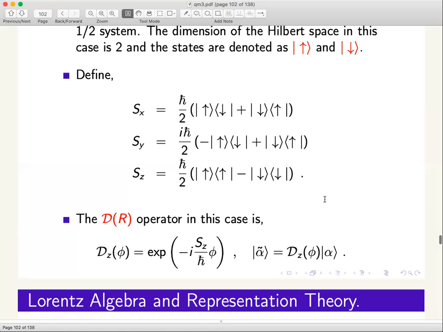So this is similar to either transforming the state or transforming an operator, right? Like, we could do D dagger Sx D, or we could do D of phi on the state. That is what Kaustubh was saying: since we use fixed operators, we transform the state. So this is almost like the Schrodinger versus Heisenberg picture. We just choose the operator to be fixed. That's like working in the Schrodinger picture. Then you change the states.